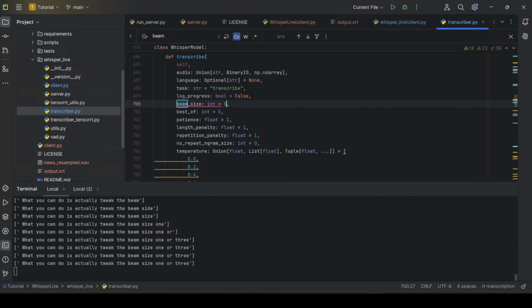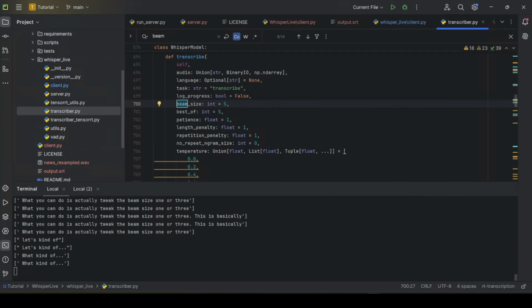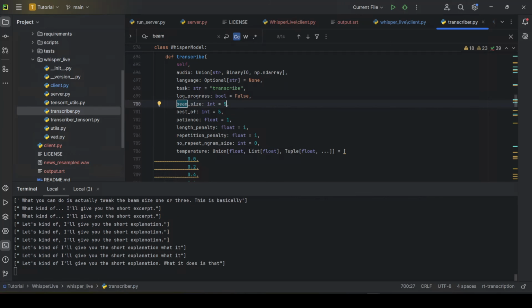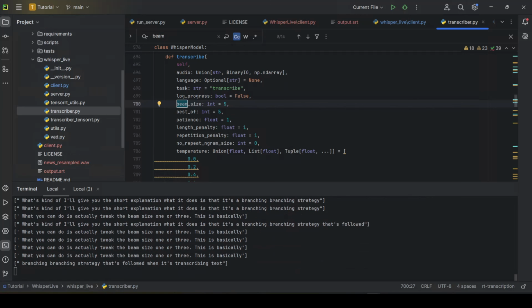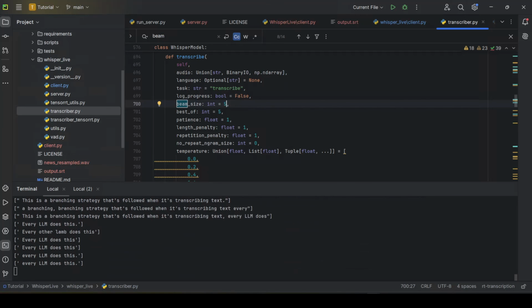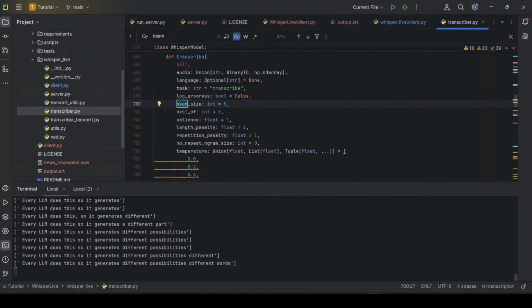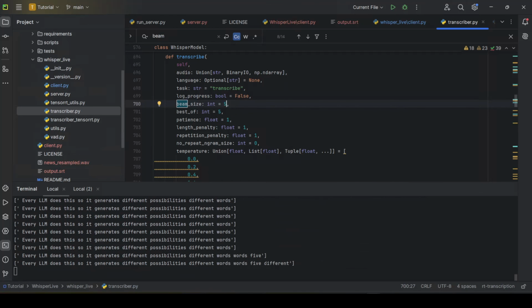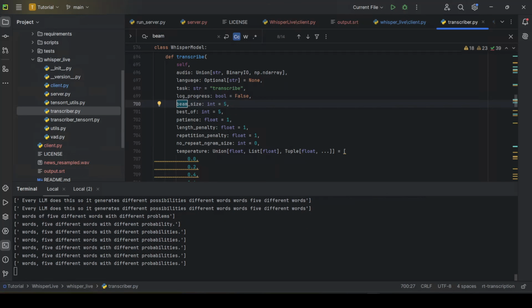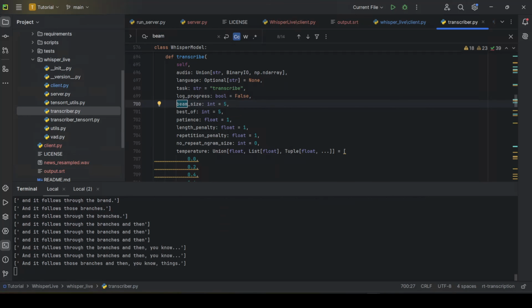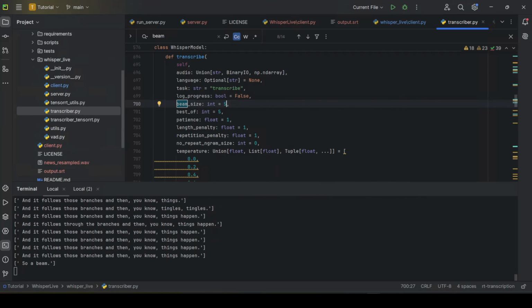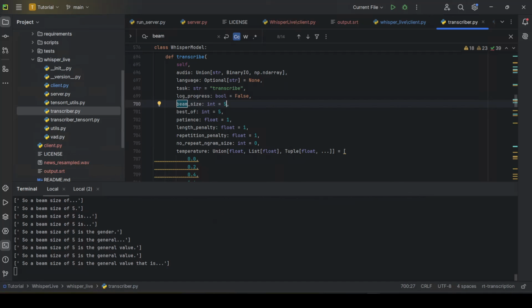Beam size is basically, well, I'll give you the short explanation. It's a branching strategy that's followed when it's transcribing text. Every LLM does this. It generates different possibilities, 5 different words with different probabilities of how likely they are, and then it follows those branches. So a beam size of 5 is the general value that is kept, but a beam size of 1 is also an option that you can consider